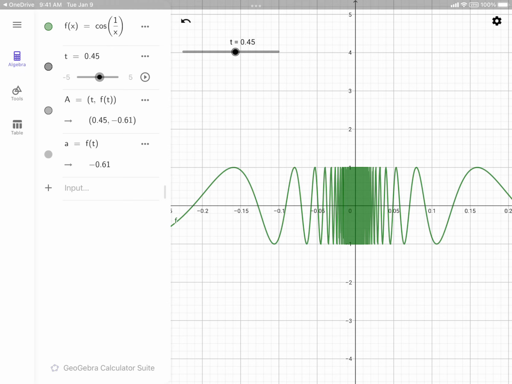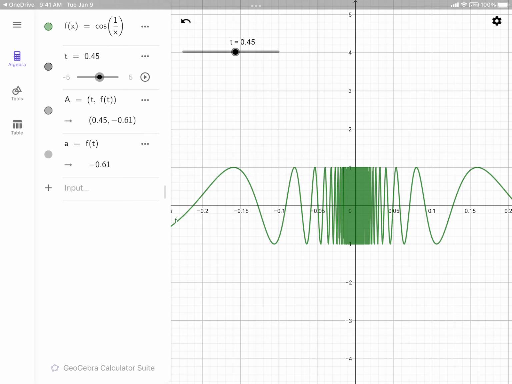Cosine of any angle is between -1 and 1. So you can see that in the graph. No y-coordinate is above 1 or below -1. However, we have a problem there. If we get closer to 0, you can see that the cosine of 1 over x is not defined at x equals 0. So if we try to understand what happens when x approaches 0, you'd look at the t